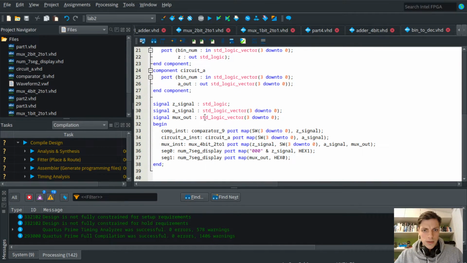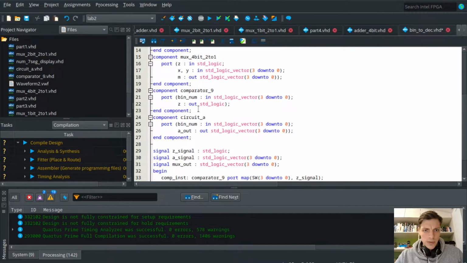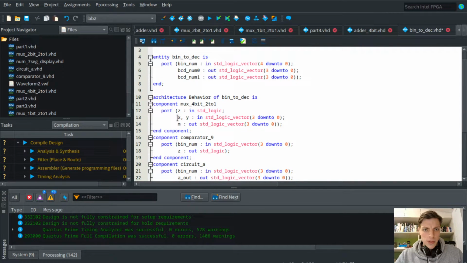Let's change the design. We don't need the 7-segment displays, so we will remove those, remove the component,